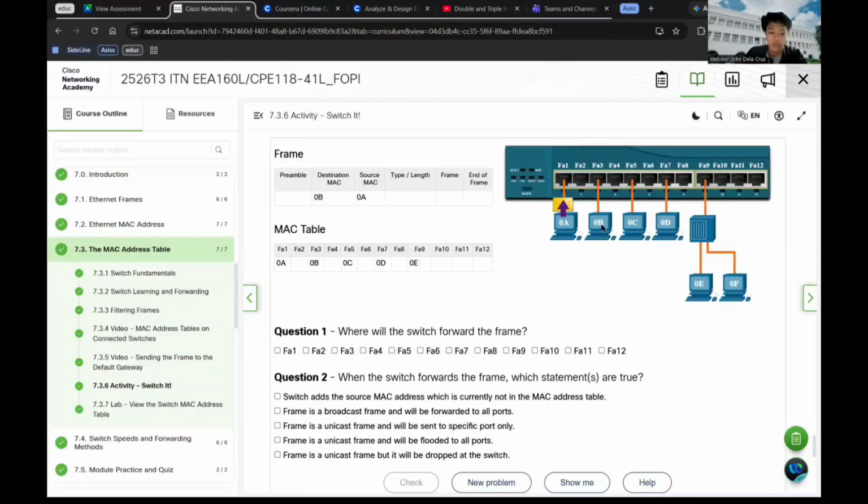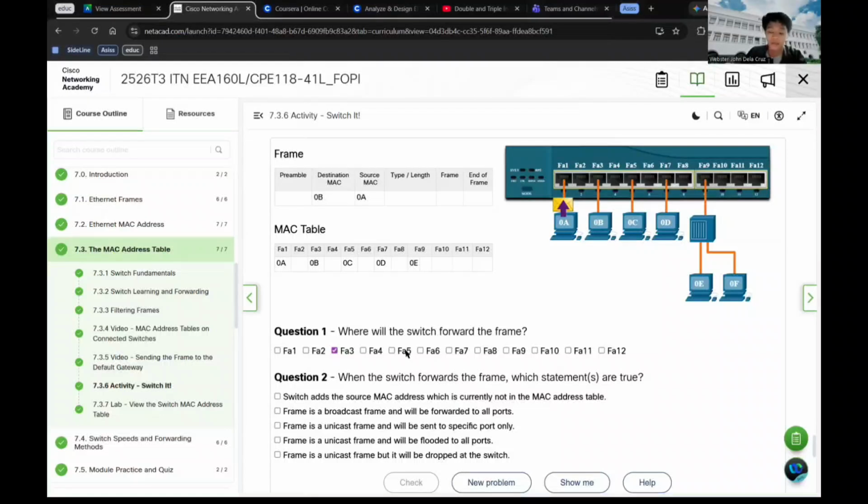The MAC table shows 0B is connected to FA3. Since the destination is known, this is a unicast frame. A switch forwards a known unicast frame only to the specific port where the destination device is connected. Therefore, the frame will be forwarded only to FA3.